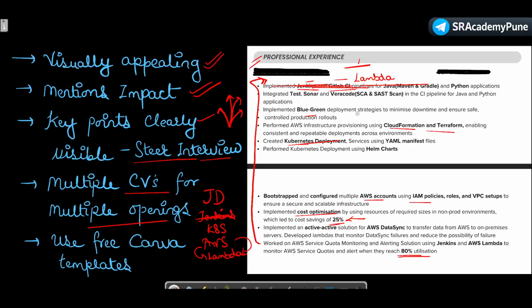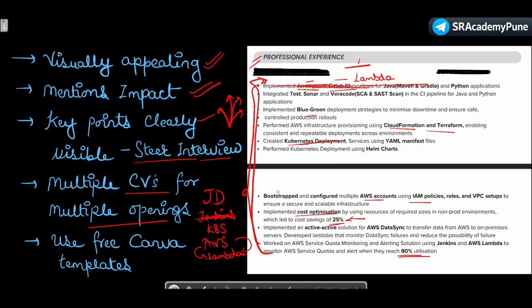So remember, in your entire experience of many years you work on multiple things, right? So you just need to highlight the particular things that are required for the job description. I have surely worked on more things than what I have mentioned here, but it doesn't make sense to list them. I have also worked on certain other Lambdas or SSM parameter automation, but this particular job description did not want that, so I didn't mention it.